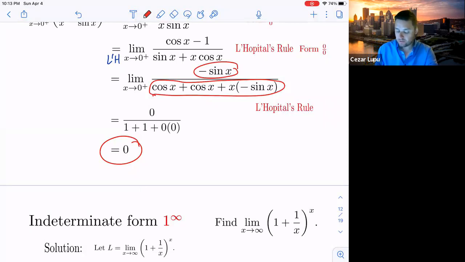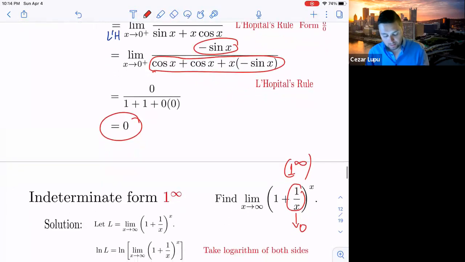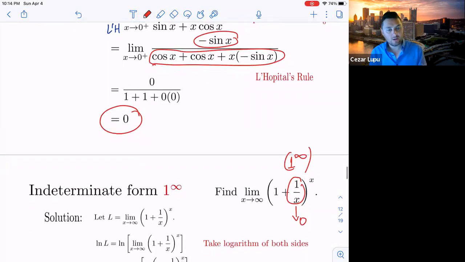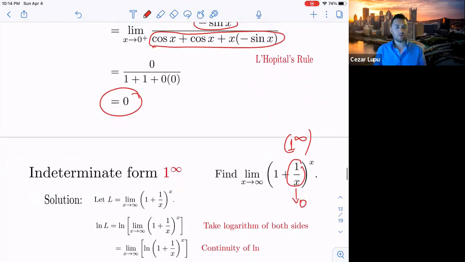All right, let's see. So as x approaches infinity, 1 over x approaches 0. So, right, this guy approaches 0. So we will deal with 1 to the power infinity. That's obvious. And now guess what? We'll denote this by L. Like I said, we're going to take the natural log on both sides. Now, since we know that the natural log function is continuous, we have no problems using the continuity of the natural log. We can switch the limit with the natural log, so we can plug the natural log inside the limit, which we did here. So in other words, ln of L will be the limit as x approaches infinity of